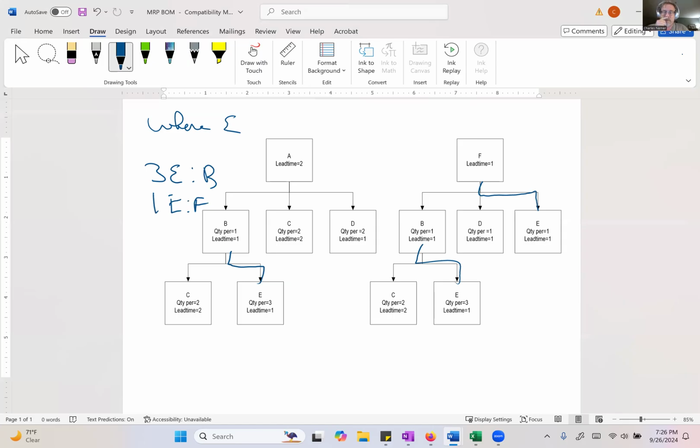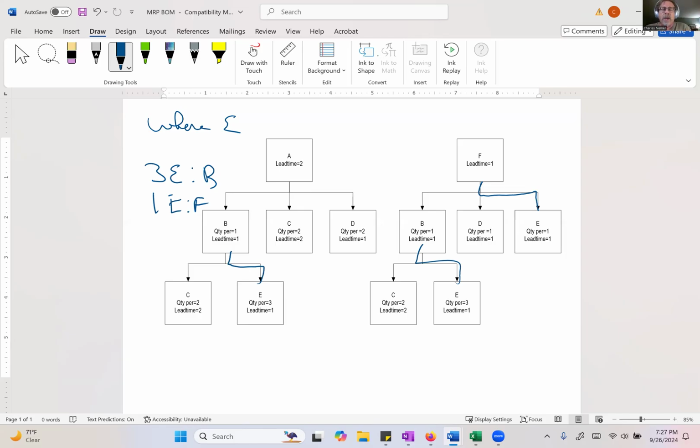Chuck, I have a question at that point. I see that we need three E's per each B, but then I have one B per A and one B per F. Shouldn't it be six instead of three, because they are different products? A and F are different. I understand your question. So here's what happened, Andres. We go back to